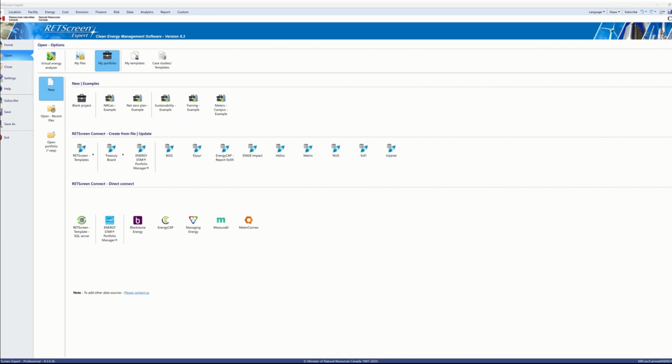Hello everyone. Today we'll guide you through using the Energy Star Portfolio Manager ESPM connector to create and update your RETScreen portfolio. First of all, the RETScreen Connect tool is an advanced automation and integration feature within the RETScreen Expert